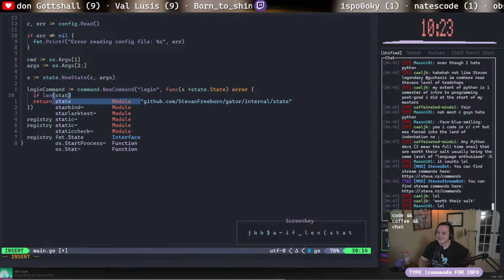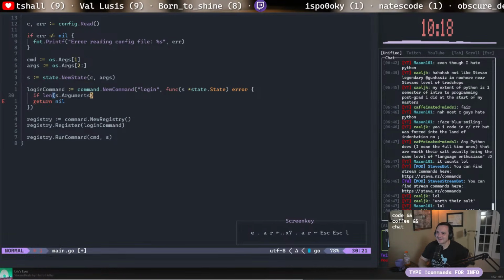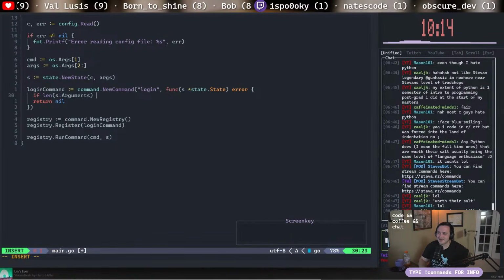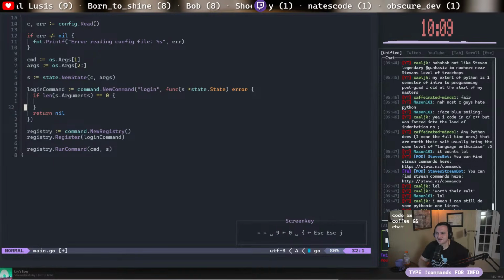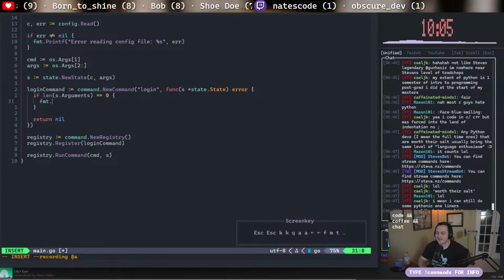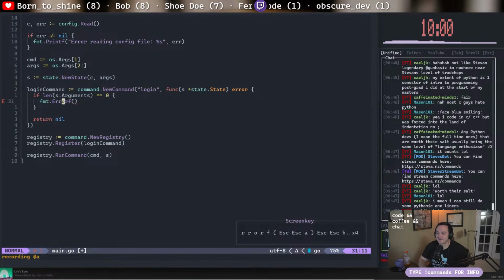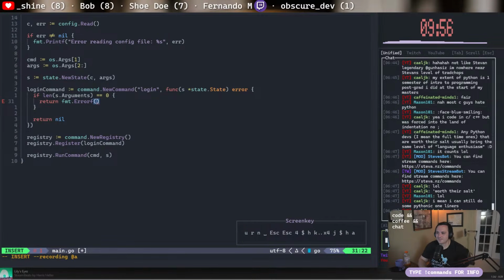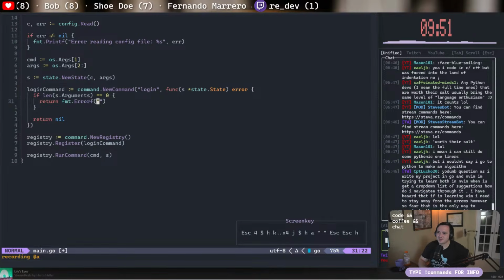Okay, so let's say length of state.args. Our argument is, if that equals 0, we have a problem. So we'll say format.arf. We'll return that. And then I think we should do something like